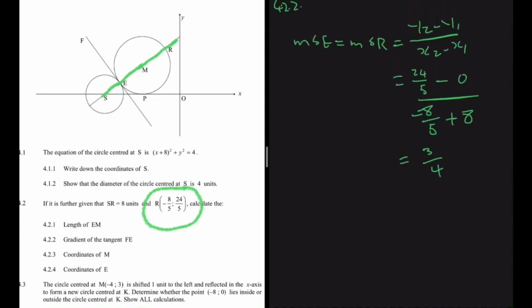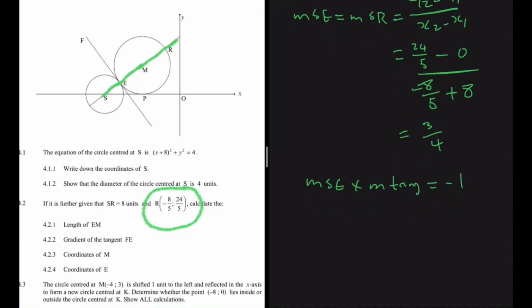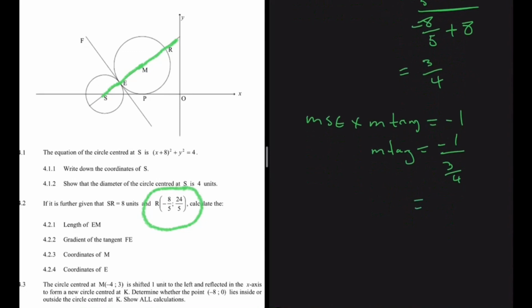But we know that m of SE multiplied by the gradient of the tangent should give you -1 by definition. So the gradient of the tangent will be equal to -1 divided by 3 divided by 4. So that will be equal to -1 multiplied by 4 divided by 3, that is -4 divided by 3. So the gradient of the tangent is -4 divided by 3. And now we can do